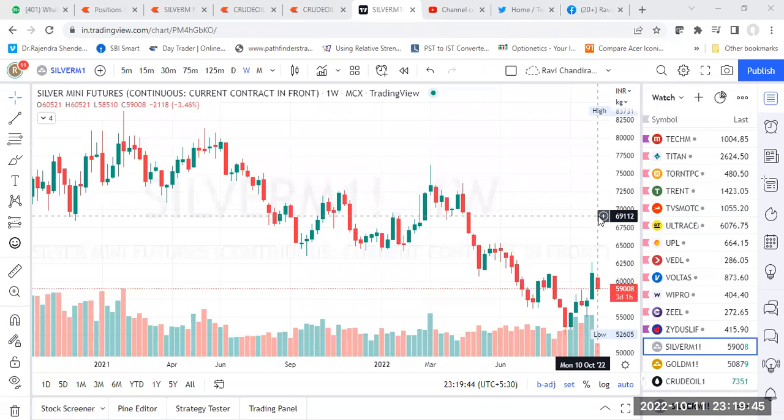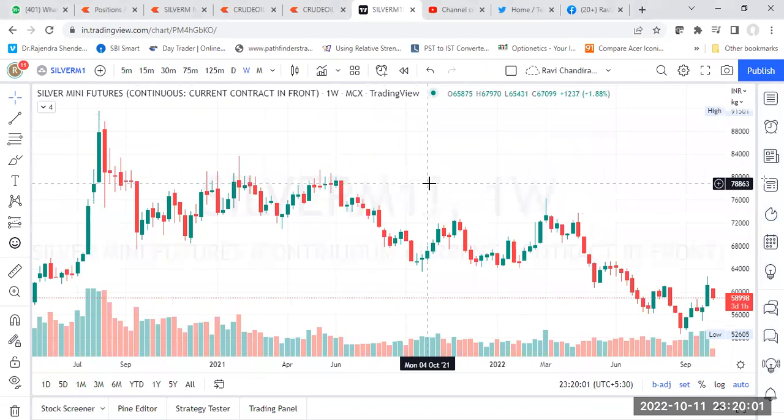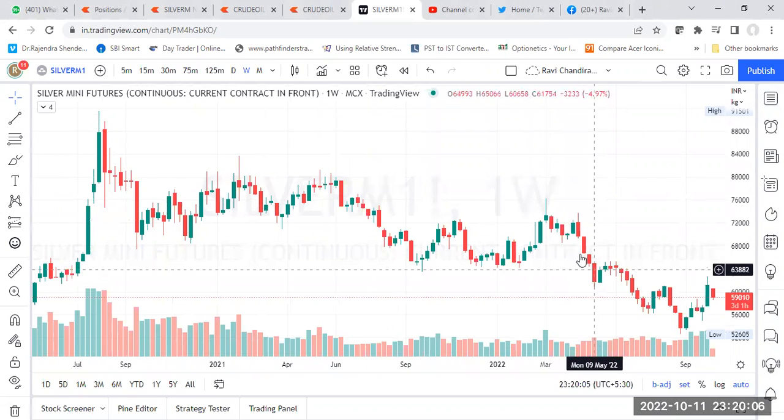Hello friends, I am now going to analyze the silver chart for a swing trade using Dow Jones theory as well as some candlestick formation information. So to begin with, if we look at the silver futures chart, the weekly chart, what we observe is the